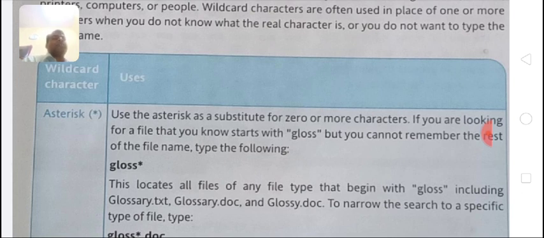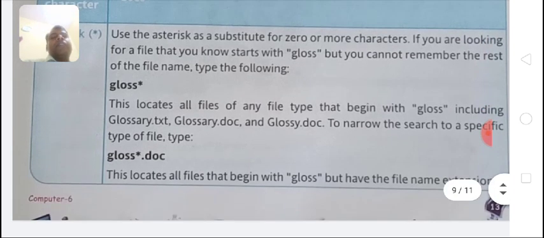While character asterisk, use the asterisk as a substitute for zero or more characters. If you are looking for a file that you know starts with gloss, but you can't remember the rest of the file name, then type the following: gloss asterisk. This locates all files of any file type that begin with gloss, including glossary.txt, glossary.doc, and